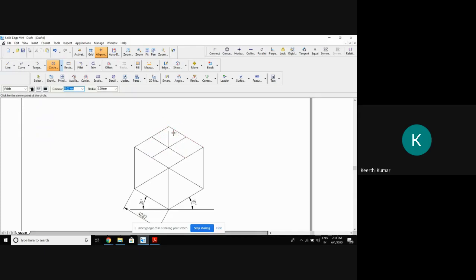See which end I have taken, this end of this line. If it is 40, it will be here. If it is 50, this will go here. If it is 60, it will be here. Like that, the end of the line, wherever it is.